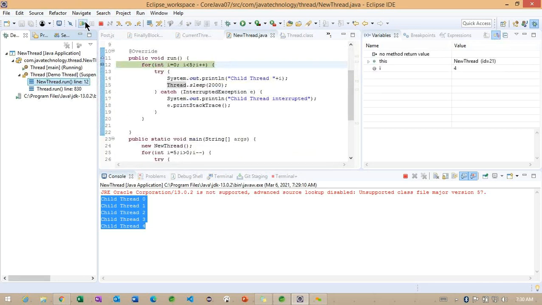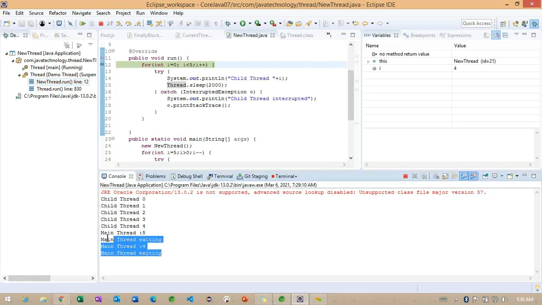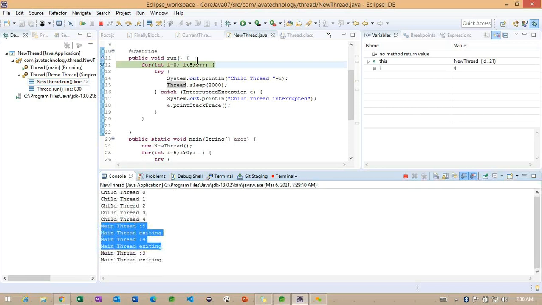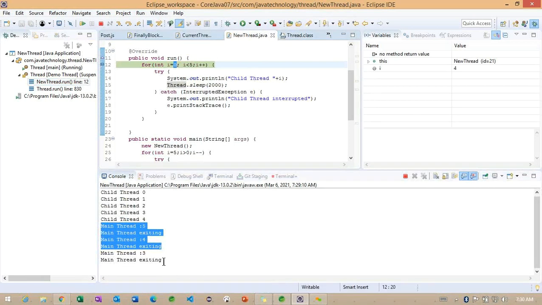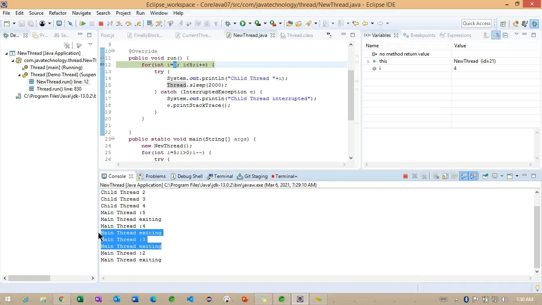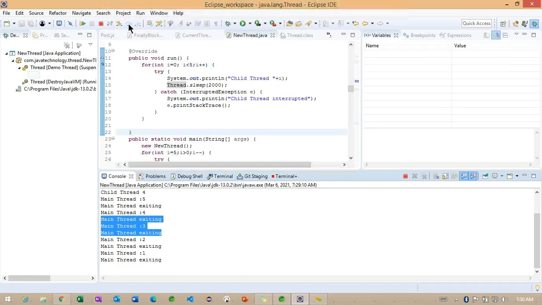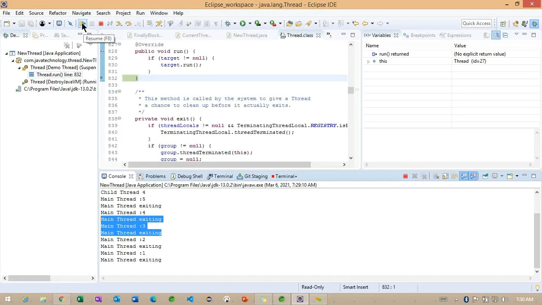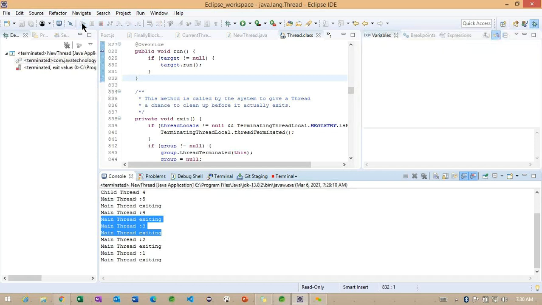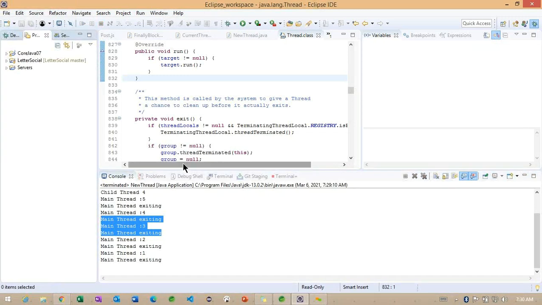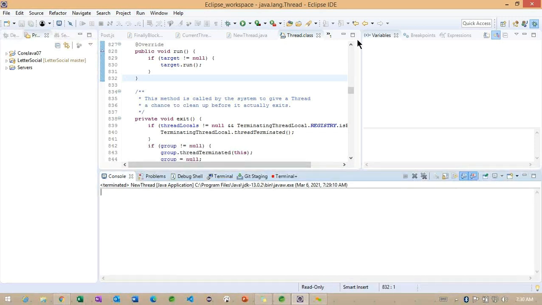If I click on F8, how many threads are we having right now? This particular thread is completed. You can see the child thread already executed. Now the main thread is executing. Even though we put a breakpoint here, it is not stopping at one more thread here. If I run here, all the operations are completed. Getting the point? So basically, using this debug mode, we cannot get what exactly the threads are executing.